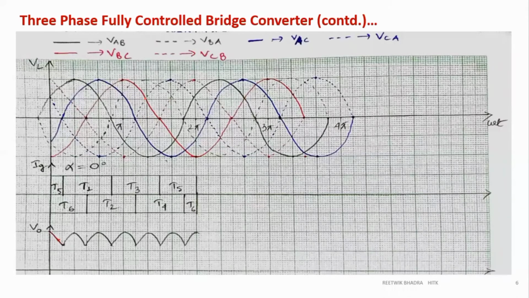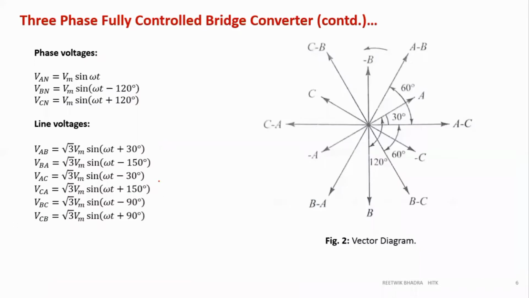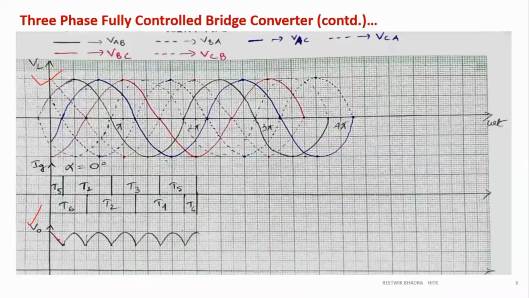So you need to draw the line voltages very clearly so that you can draw the last one, V0. Without the line voltages VL, you can't draw this. So the very essential thing is to draw the VL, how you are drawing it with these curves, and how all these things are drawn. I have told you. I'm not explaining it again in today's lecture.